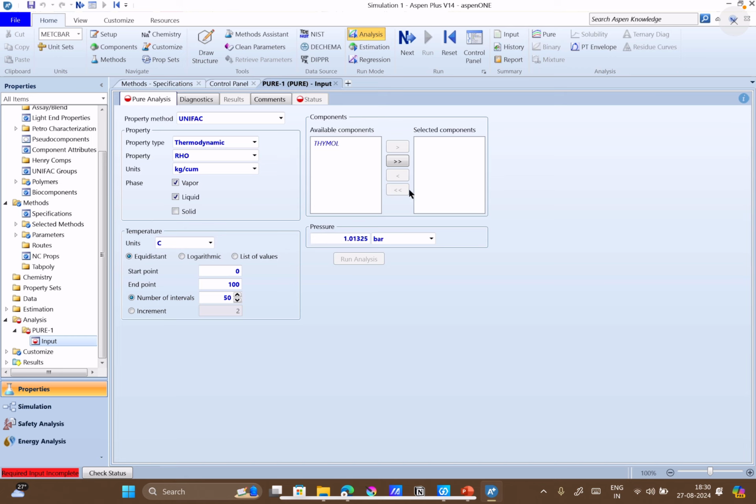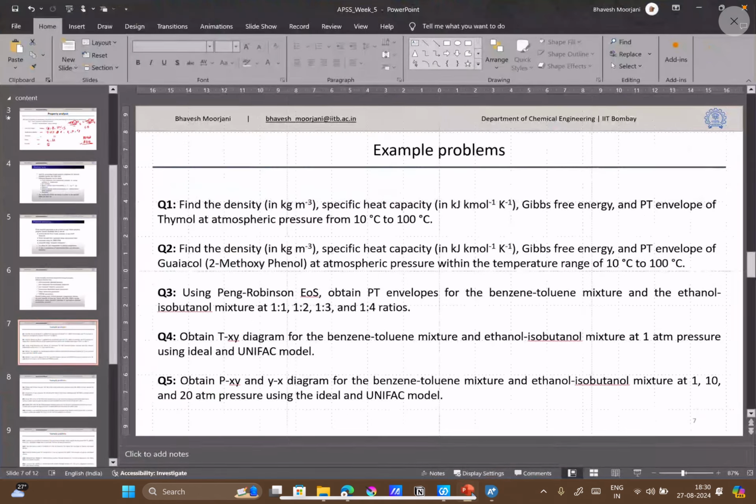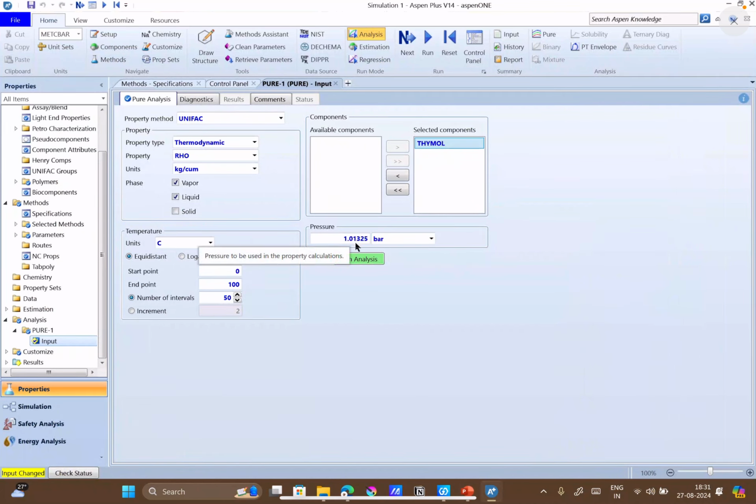On the right hand side you have a list of different components available. Select thymol. Pressure value is specified. Find the density at atmospheric pressure. Okay, so 1.01325 bar, that is 1 atmosphere. We can provide the temperature interval start to end point.